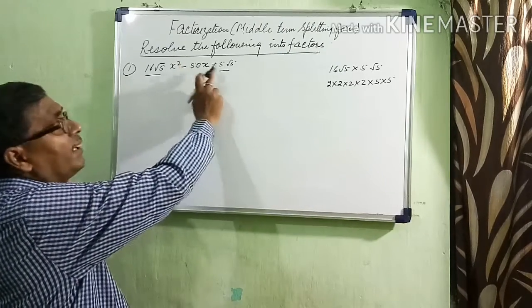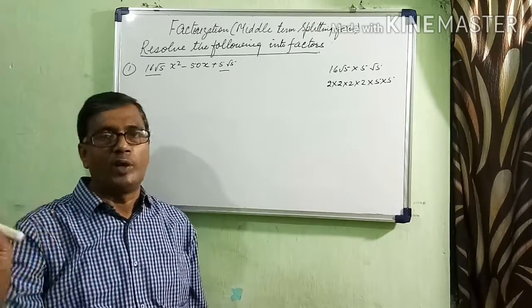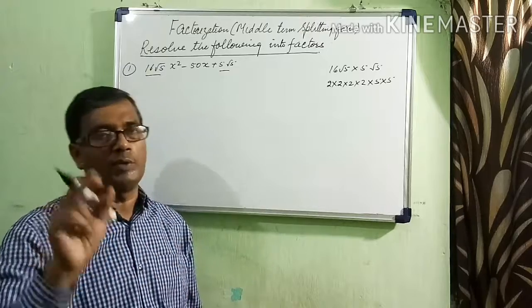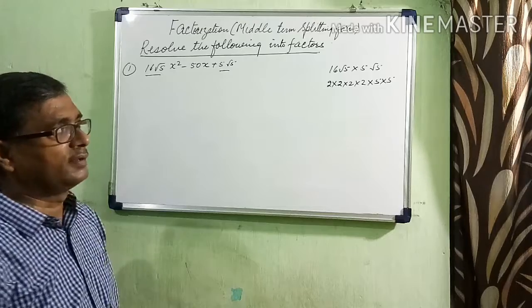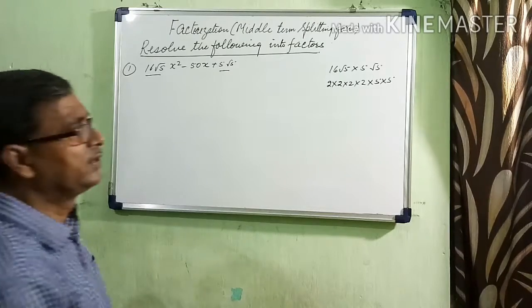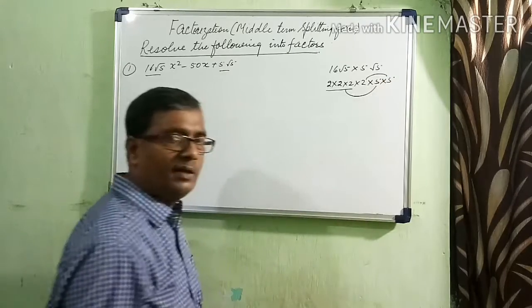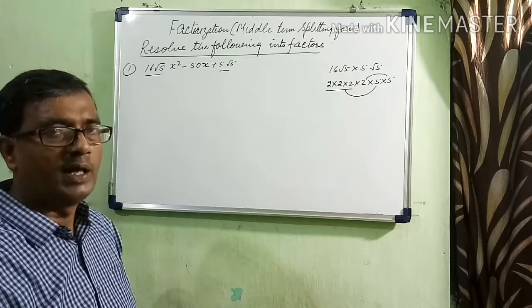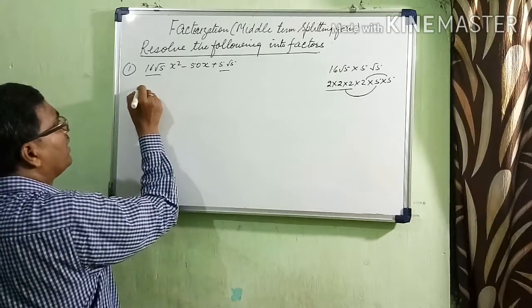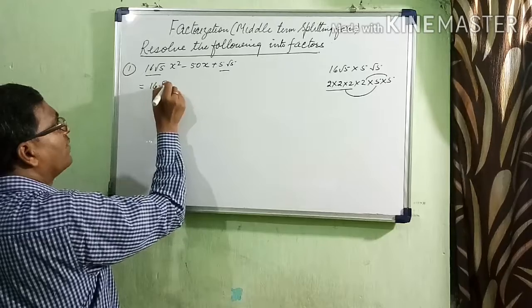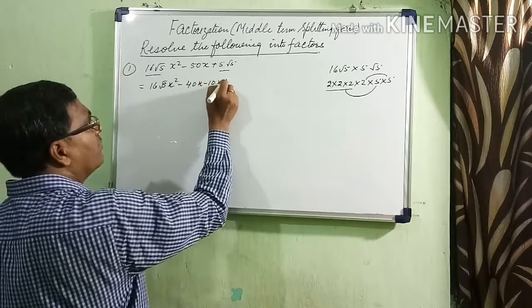Since here is negative, here is positive, both must be negative, because negative plus negative will be negative only, but negative into negative will be positive. So how will you adjust so that you will get minus 50? See, look at here. 8 5 ja 40, 5 2 ja 10, 50. 8 5 ja 40, 5 2 ja 10, minus 40 minus 10, 50. So therefore, it will be equal to 16 root 5 x square minus 40 x minus 10 x plus 5